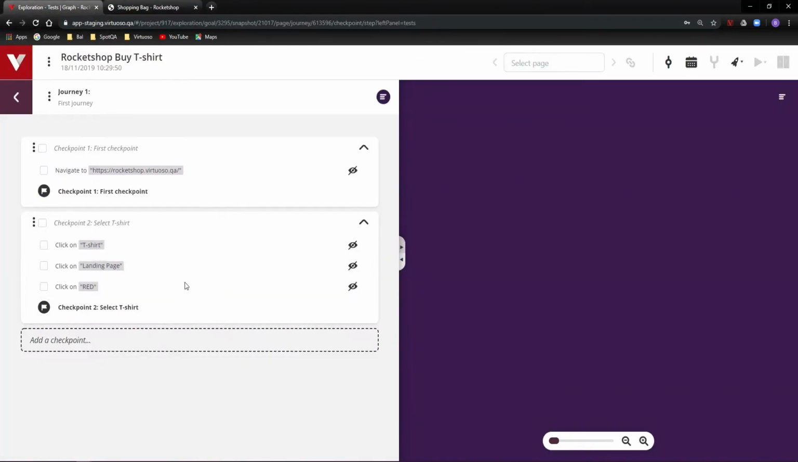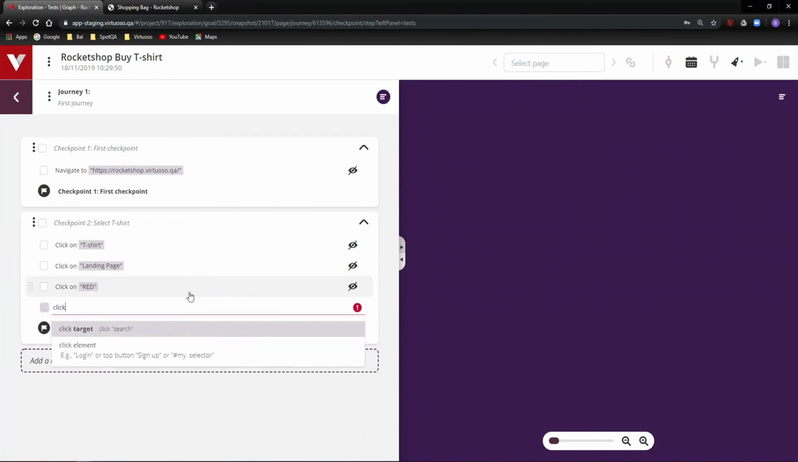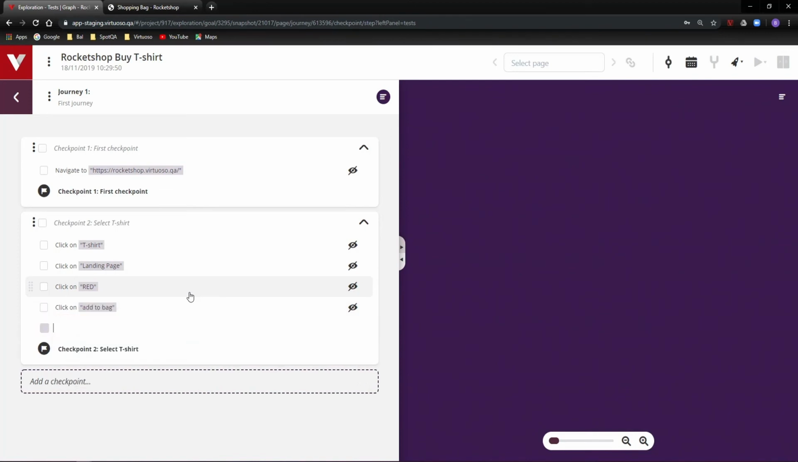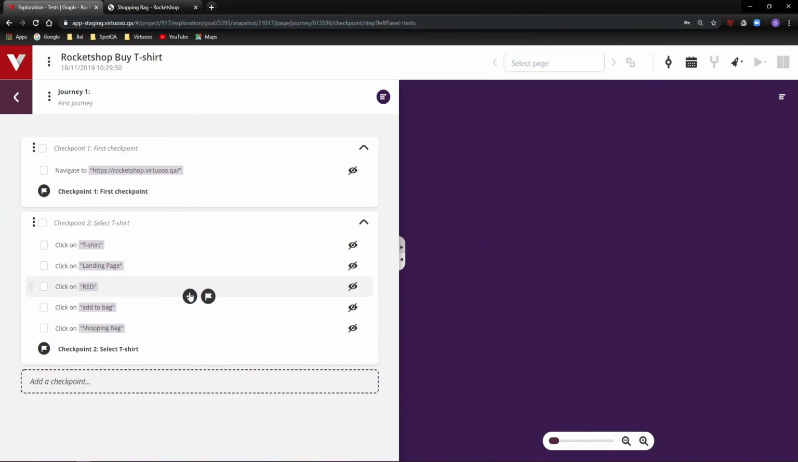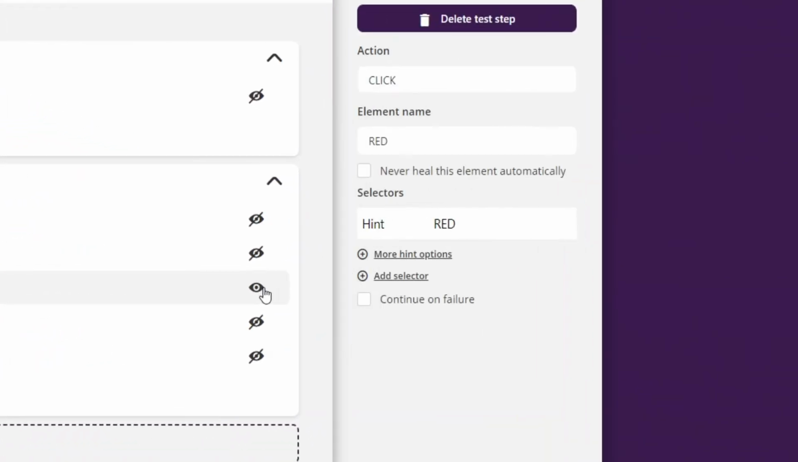So let's add these two steps back into the test case. So click add to bag, and finally click on shopping bag. Now we've completed this simple journey through natural language, and if we click on one of the properties, you can